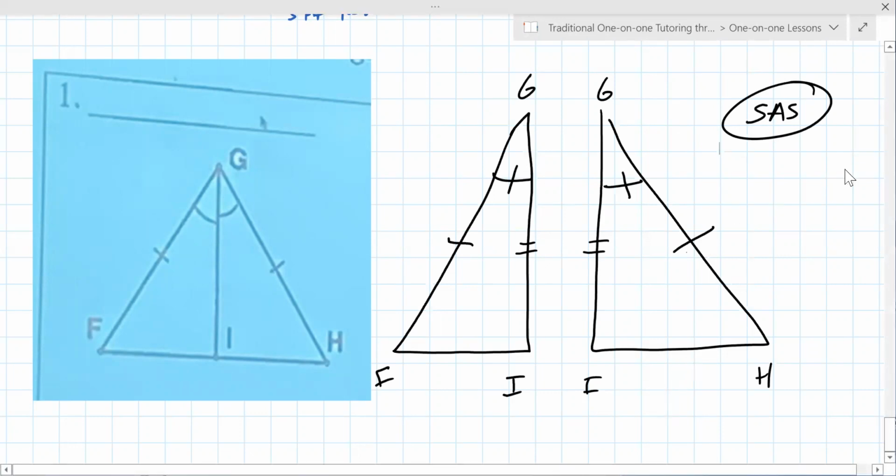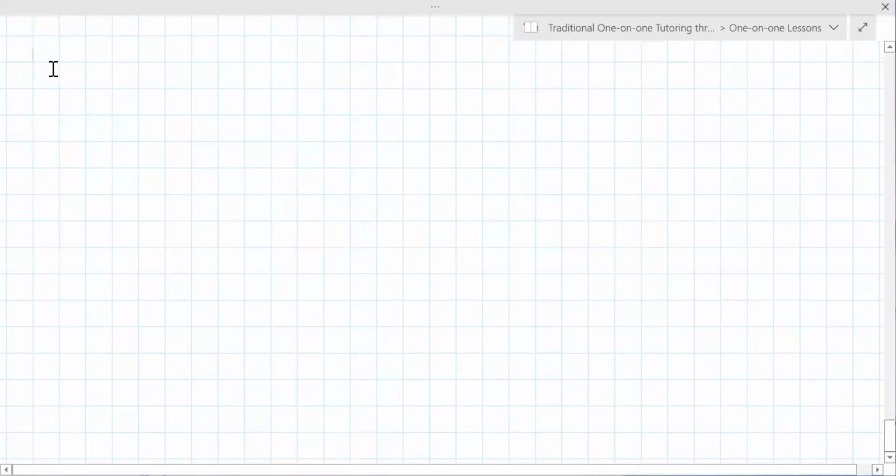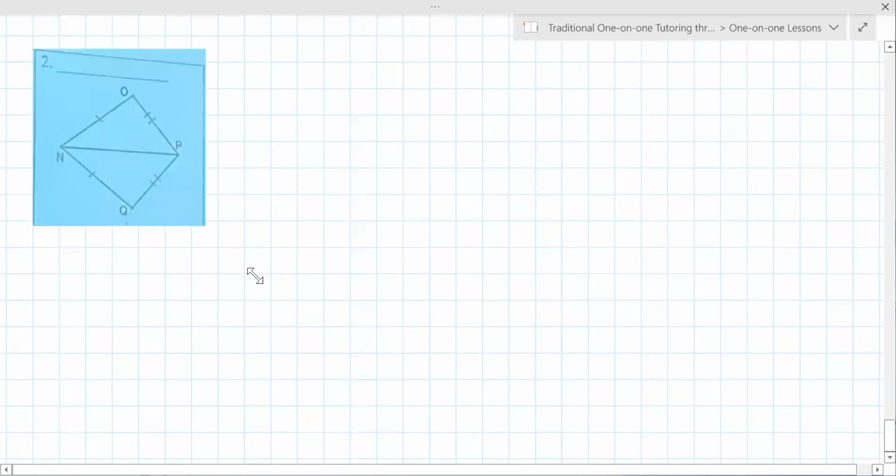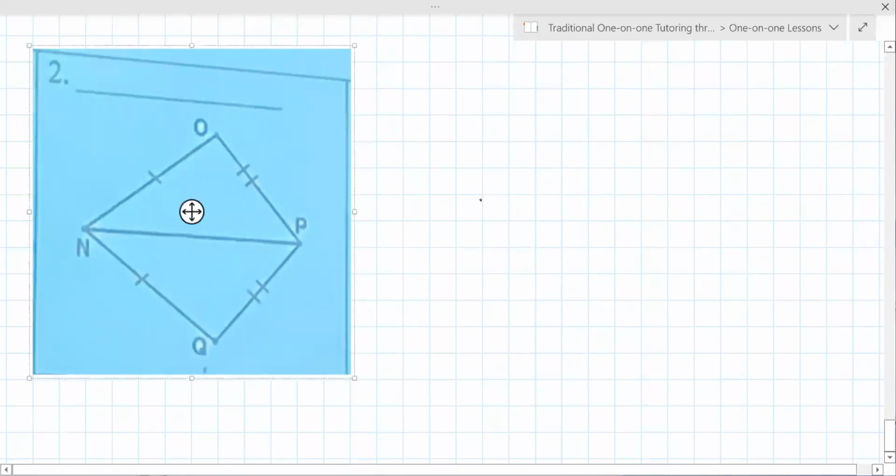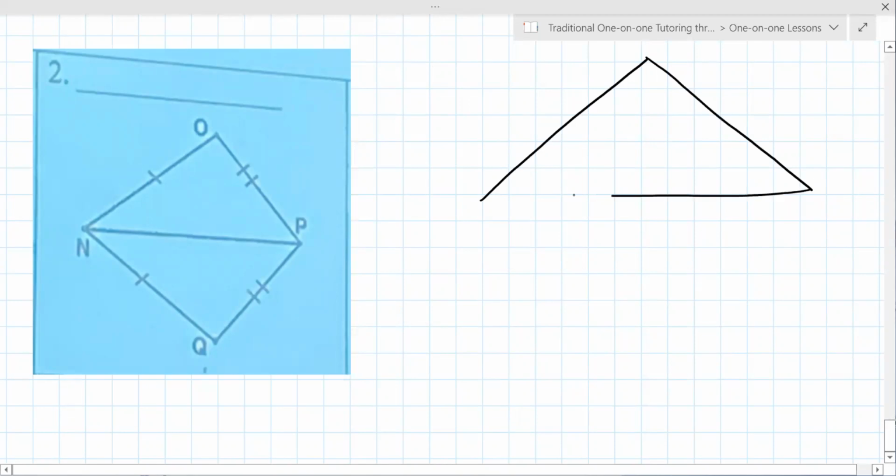And you did it. You're like, all right, I got it. Okay, so let's try another one. All right. Now, I don't know if they separate these triangles when they're teaching them to you, but I feel really strongly that in geometry you have to separate the triangles because there's too much overlap to be able to make